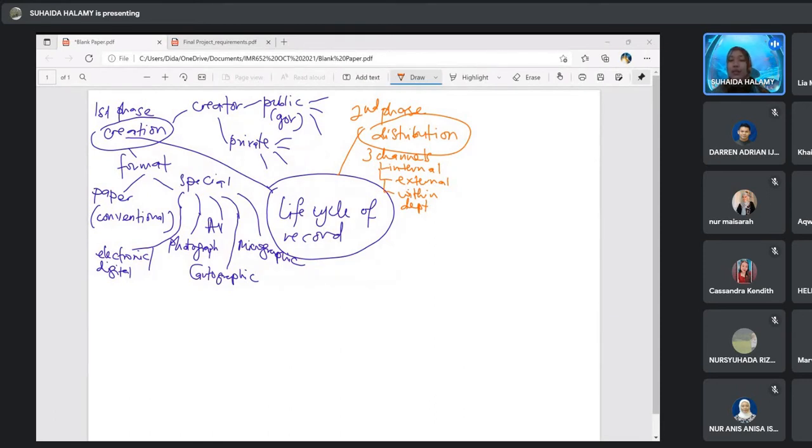And then the last one, within department. Within department means that you send the letter or distribute the record to a different organization but the same department.